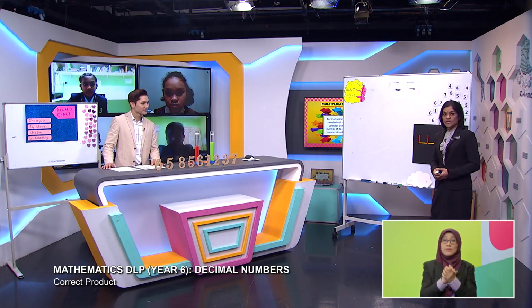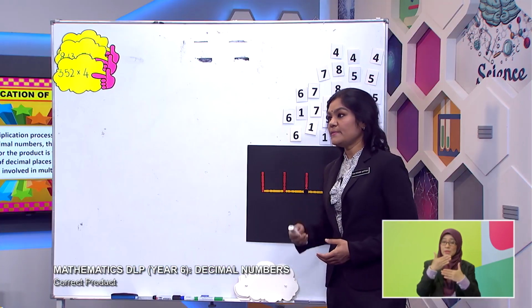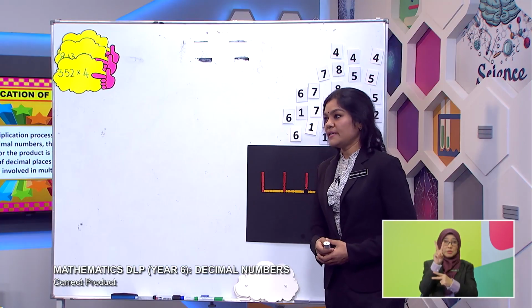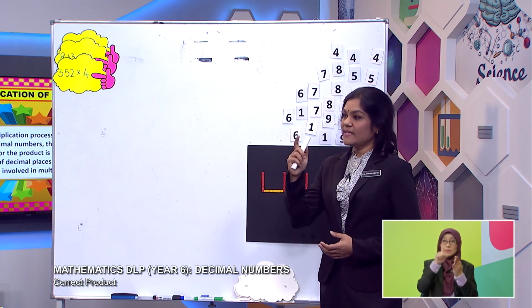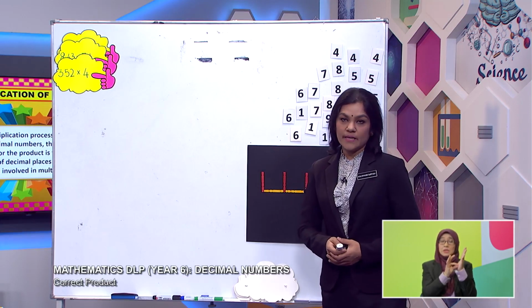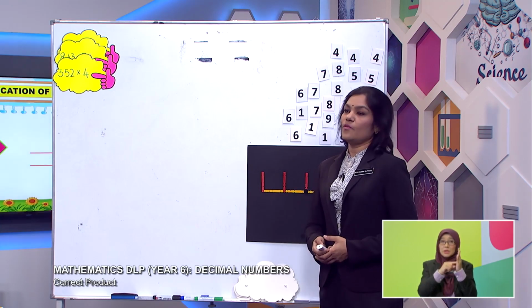I emphasize again. You already know what a product is. After you multiply two decimal numbers, where do you put the decimal point in the product? That's why you have to count the decimal places in the two numbers that you multiply. We look at examples for more understanding.